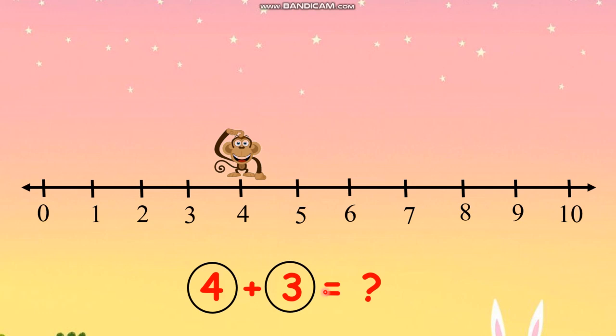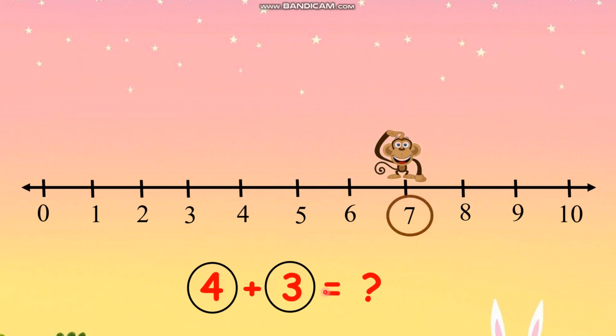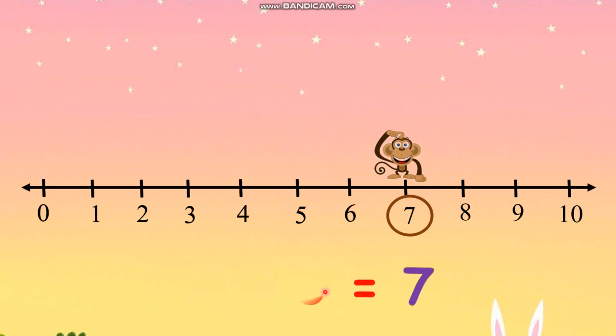Okay. So, let me make her jump. Darcy, jump 1 time, 1. Darcy jump 2 and 3. So Darcy has jumped 3 times. Now which number is she on? Can you tell me? Yes, she is on the number 7. So our answer is 7. So what is the answer? 4 plus 3 equals 7.